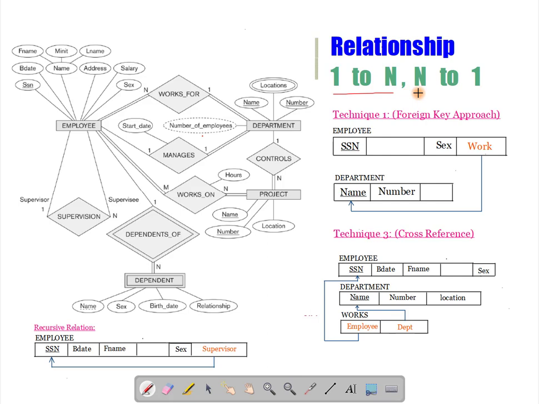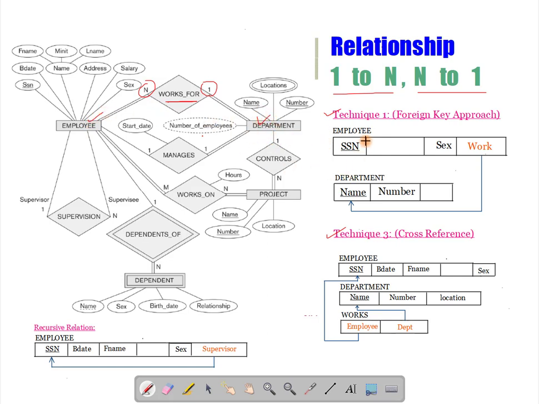And for one-to-many or many-to-one relationships, you have two options, the foreign key approach and the cross-reference approach. You have only these two options. So let us see an example. Say works for is a relation, a many-to-one relation between employee and department.